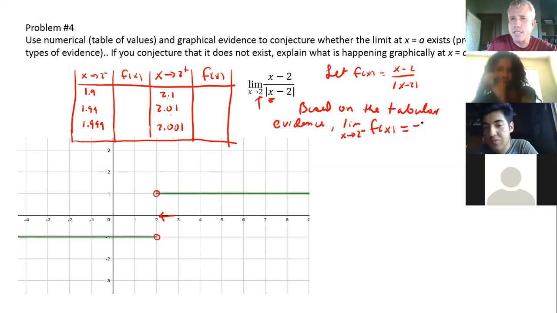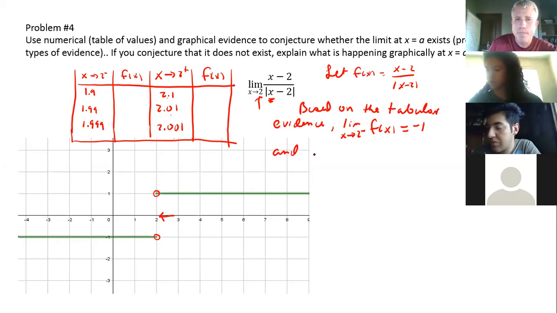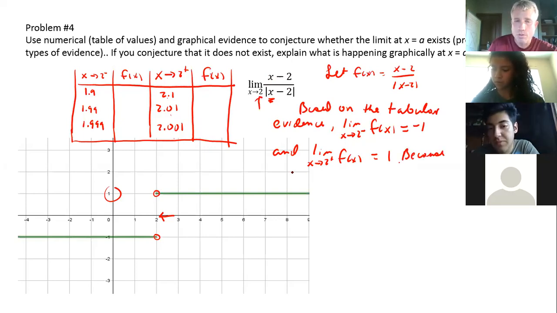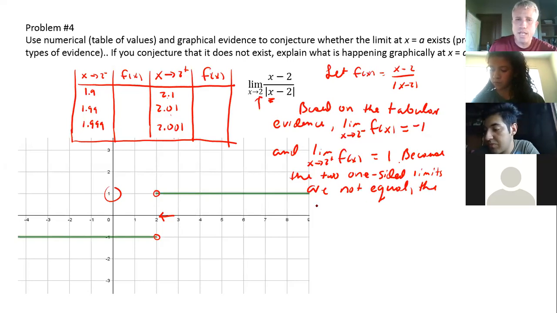I'd say, hey, it looks like that's -1, and the limit as x goes to 2 from the positive side of the function appears to be, and these are going to be numbers that are getting closer to 1, right? And then I would make a conclusion from that. I would say, because the two one-sided limits are not equal, because they're not the same output, the limit does not